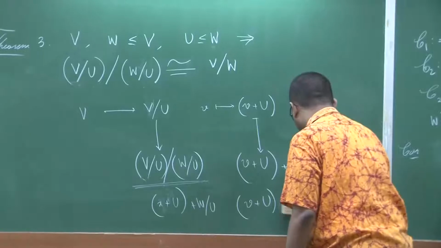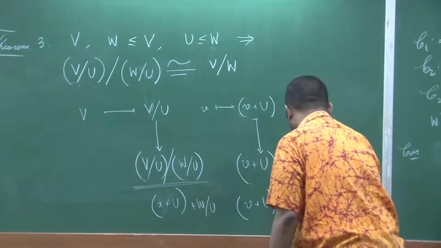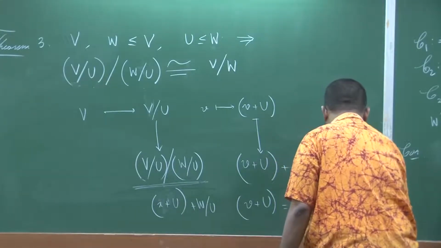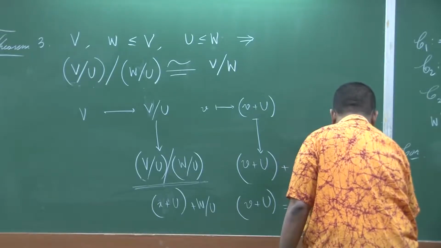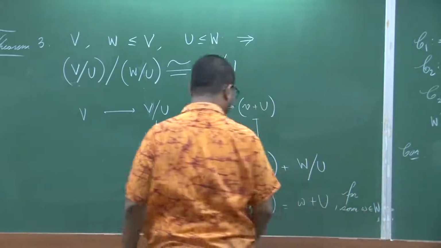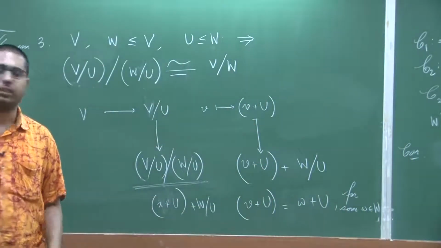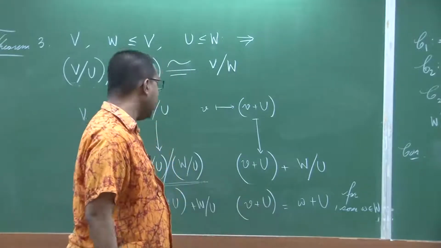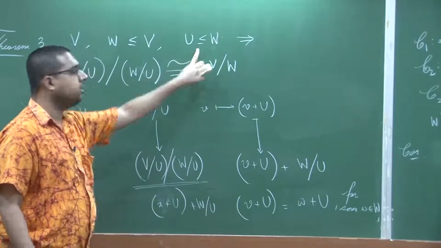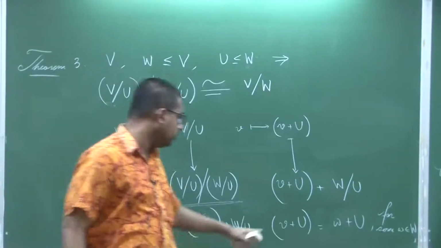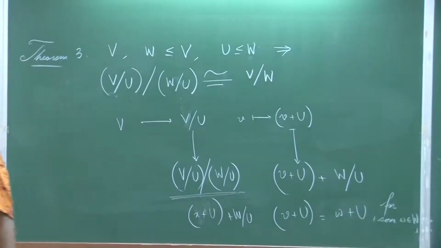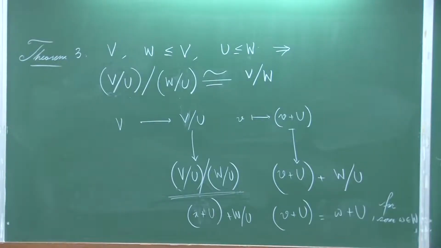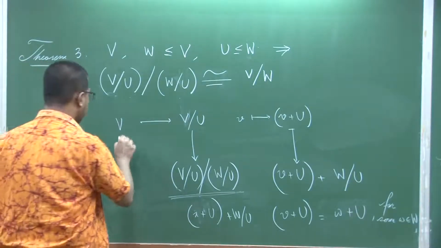Therefore, v plus u, I should be able to write that as w plus u for some w in W. Now, when we say two cosets are equal, if v minus w lies in u, now u lies in W. So if v minus w lies in u, then v minus w lies in W as well, and w lies in W already. So that forces v to lie inside W exactly. So that shows the kernel is